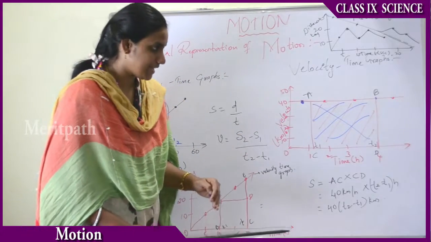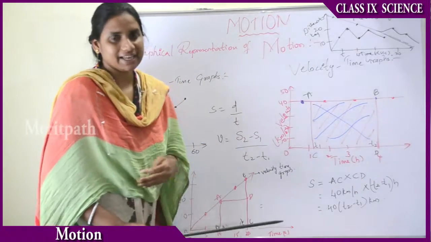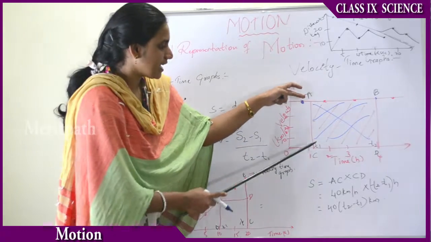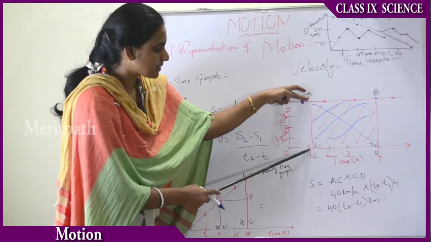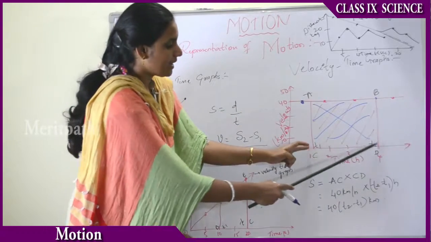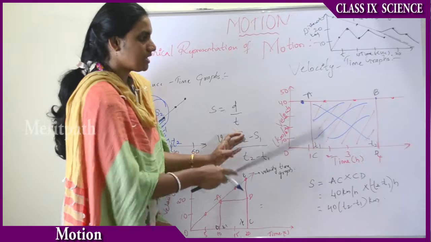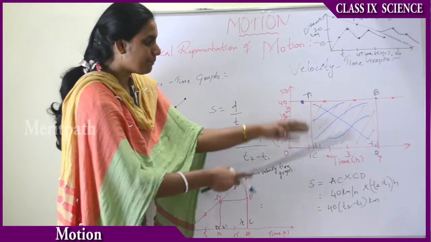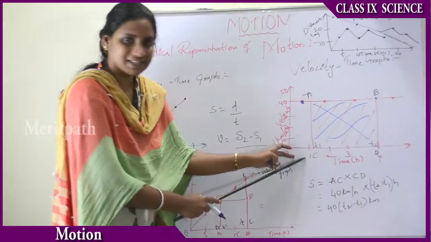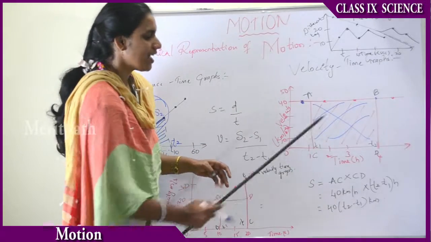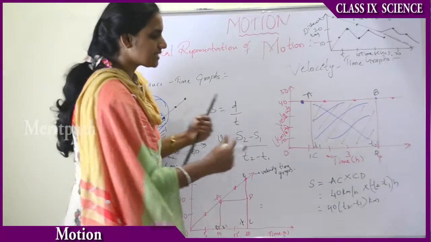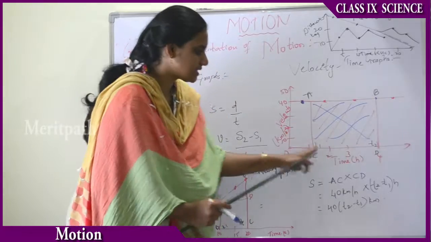We know the formula, that is, the area of a rectangle is length into breadth, and we will be calculating with the help of the length, that is AC, and the breadth, that is CD. That is, AC into CD will be the area of this particular thing, divided by the time taken, that is final minus initial positions, T2 minus T1. Or let us take that CD will be T2 minus T1, right?